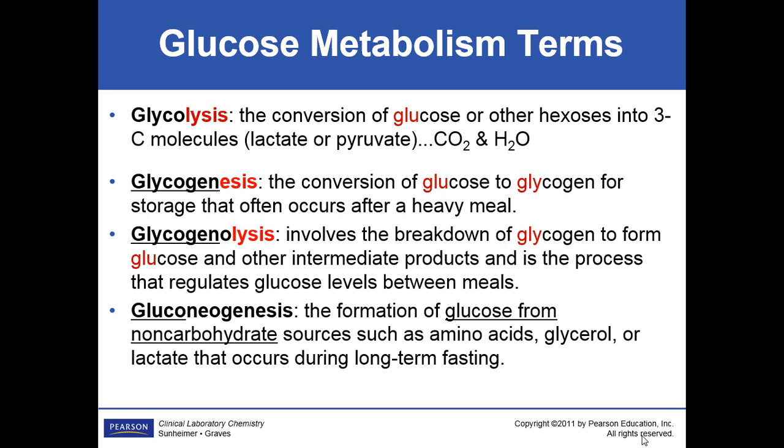Sometimes we use non-glucose or non-carbohydrate sources, which when we get into the next two chapters, the protein and the lipids, this term will be involved. Gluconeogenesis: you're making glucose from non-carb sources. They're organic compounds. They have what they need there, but they are different, so they're going to have to be changed. So that's what the neogenesis is talking about. But right now, the first three is this chapter. Okay, so get those three words together in your mind. We're going to have a lot of GL words in this chapter.